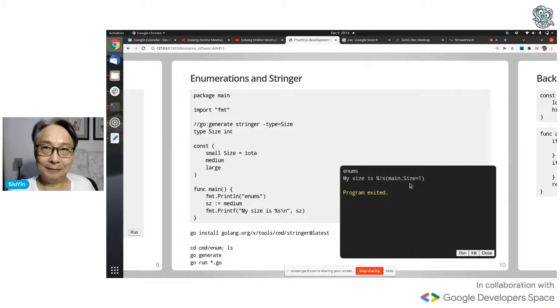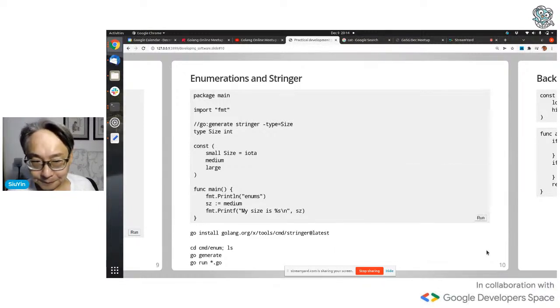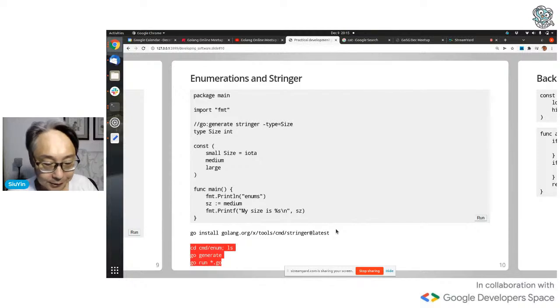How do we make it properly a string? Thankfully, in the Go tools environment, golang.org, Go tools, there's this very helpful command named stringer. And we have this comment looking thing. It's called go generate. It's not really a command. It's more like a directive. It says, when you run go generate, run stringer with these parameters. So you can install it that way. But what I will do is I'll run this code. I already installed stringer, so I'll run this code.